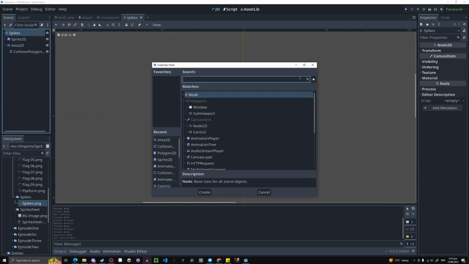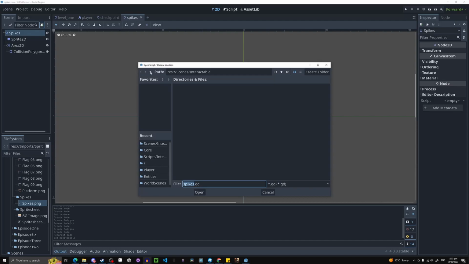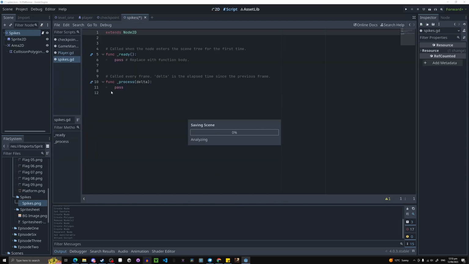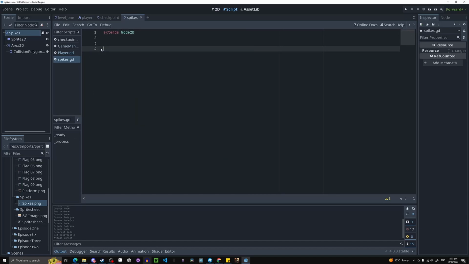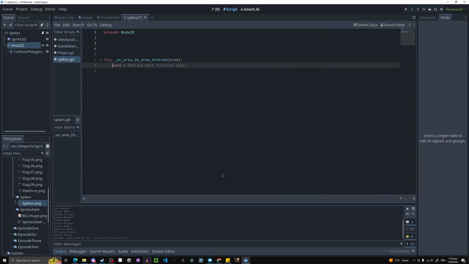So again, we're going to hit this little plus sign over here to make a script. Hit the folder, up, go into scripts, interactable, and hit open and create. Cool. And now we just need to connect the signal again, like the checkpoint. So node, Area2D, area entered, connect, spikes, connect. Cool. So if something touches it,